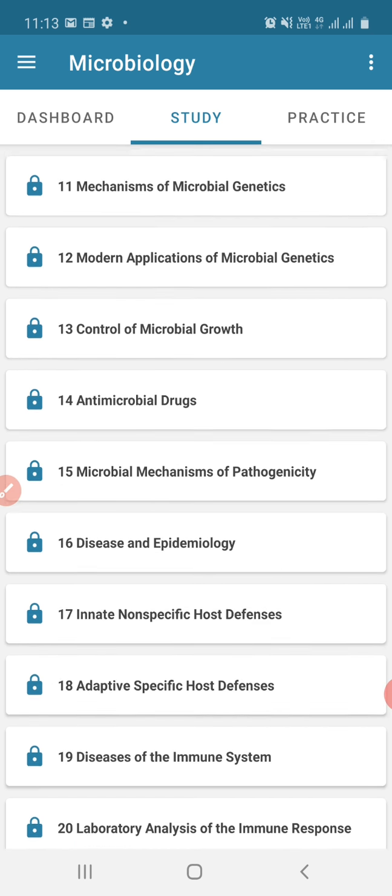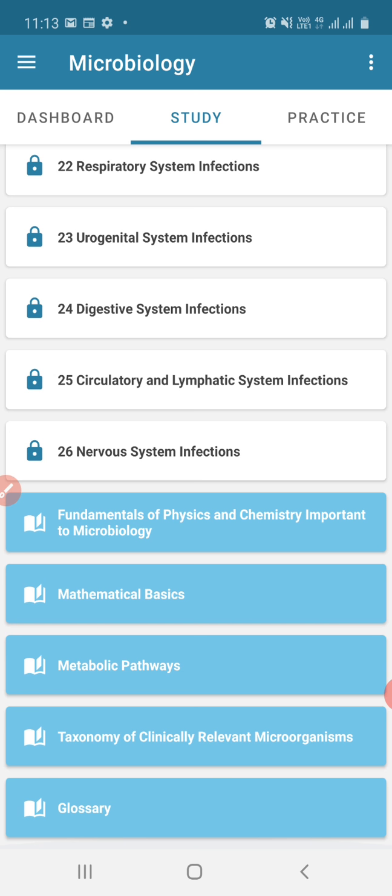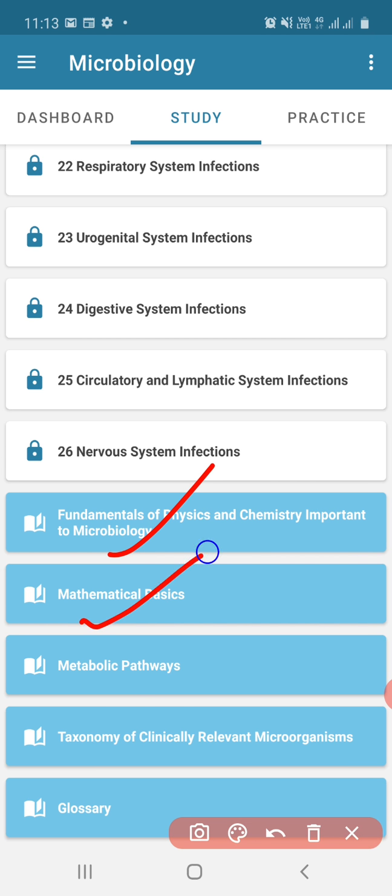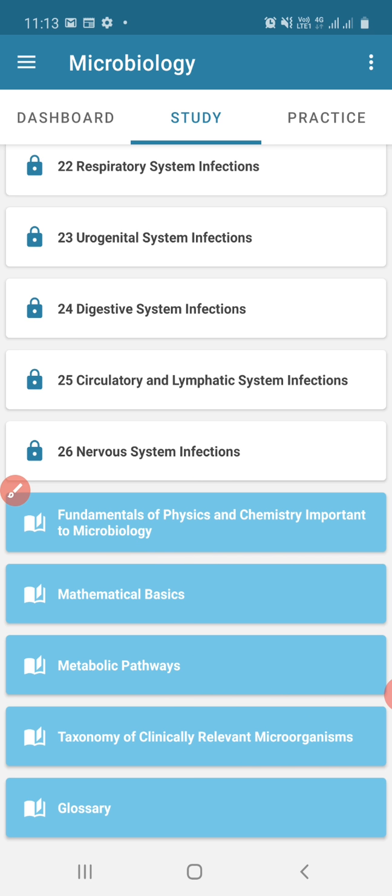At the bottom there are a few topics, which include fundamentals of physics and chemistry, which are important to microbiology students, then mathematical basis, metabolic pathways, taxonomy of clinically relevant microorganisms, and at the end a glossary.